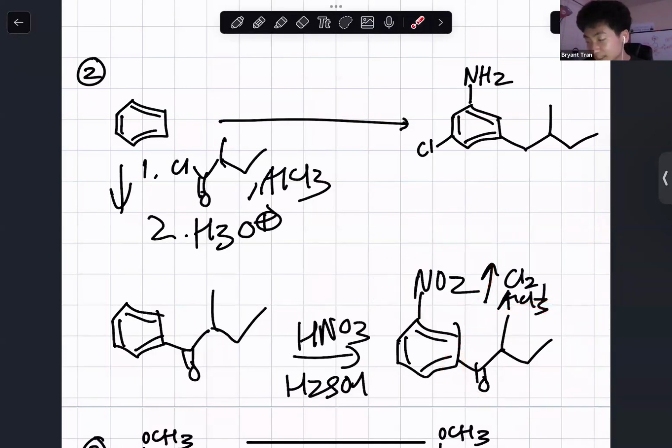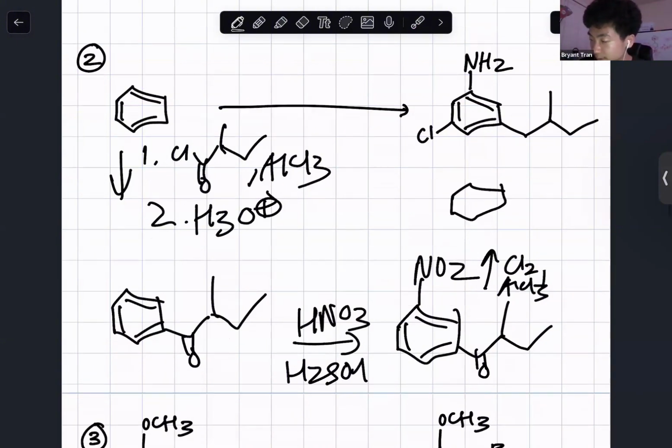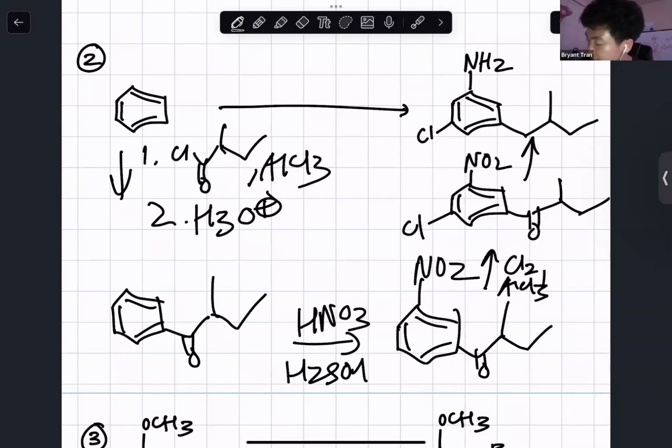In this case, it does not matter because they're both meta. If, let's say, the NO2 was ortho here, it would matter, right? But that was just a conceptual question to have you guys thinking: if you have to choose between 2 EWGs, choose the weaker EWG as the directing group. But in this case, it didn't matter because they're both meta, right? So that would be chlorine there, NO2 here, carbonyl here, and to get to the final answer, H2PDC for the